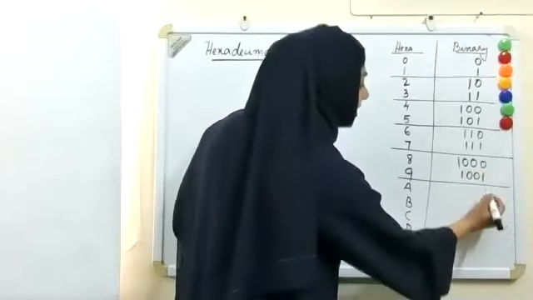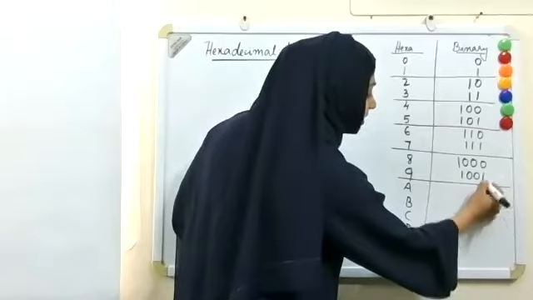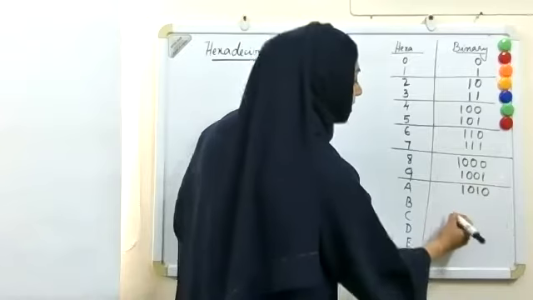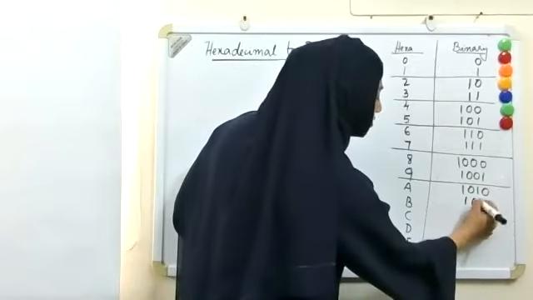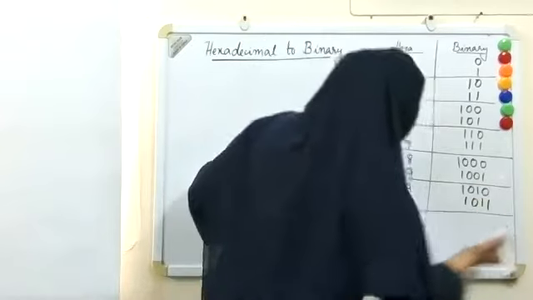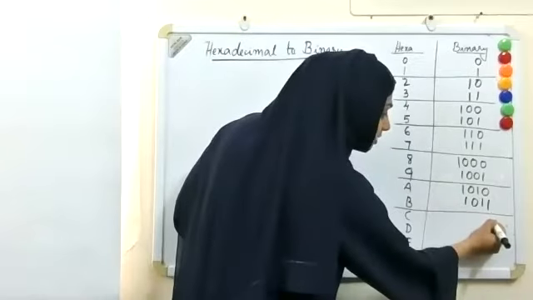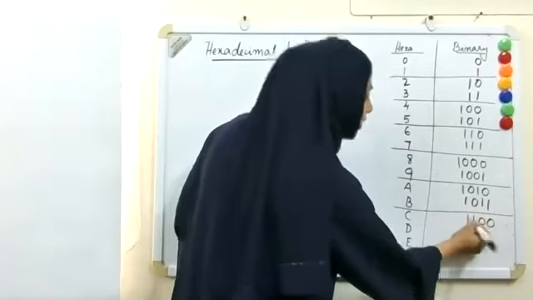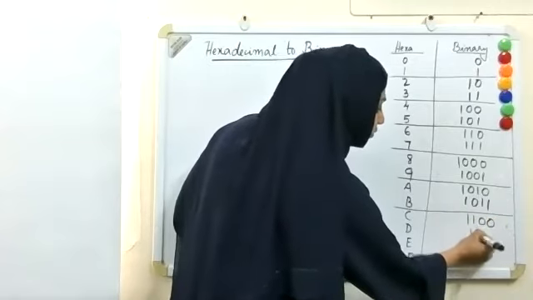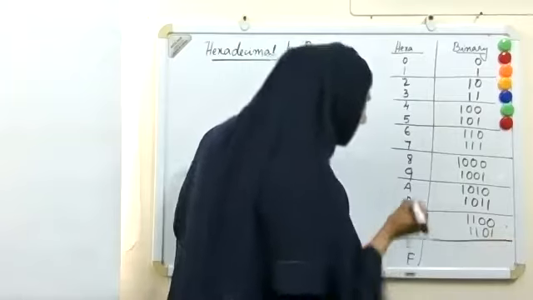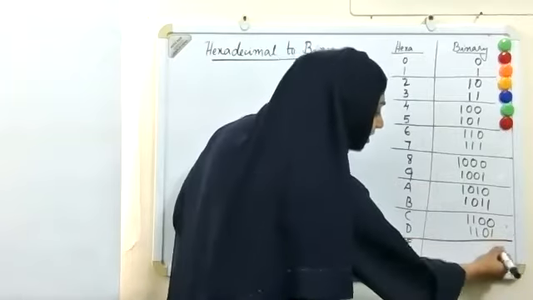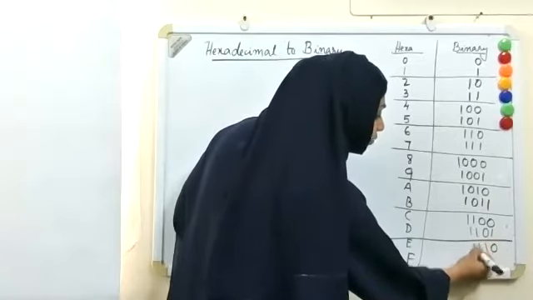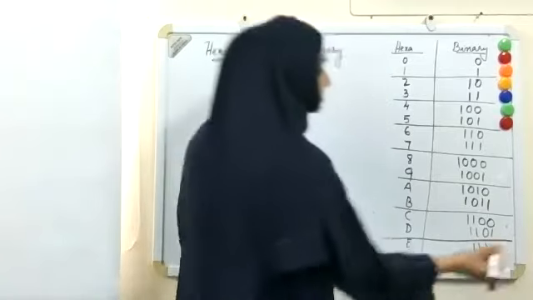Okay, now let me add again 0 plus 1, 1 plus 1 is 0, that 1 comes here, 0, 1. And again when I add 1, 1, 0, 1, 1. Now let me add 1, so this will be 0, 1 plus 1, 0, 1 plus 0, 1, 1. Now again adding 1, 1, 1, 0, 1. Now here again when I add 1, 1 plus 1 is 0, 0 plus 1, 1, 1, 1. So again adding, this is how.